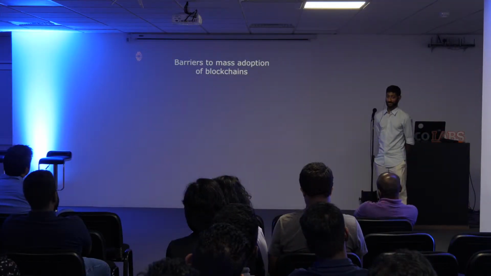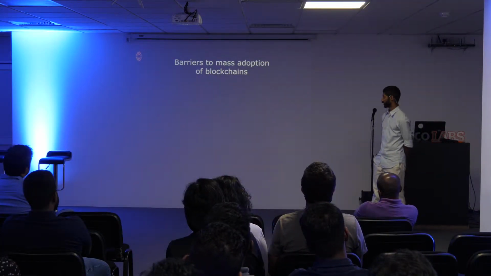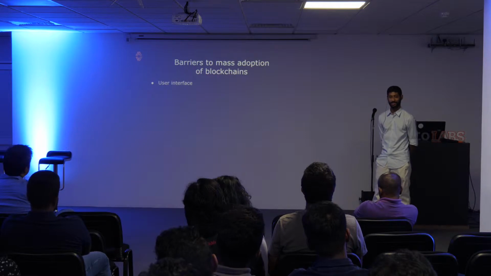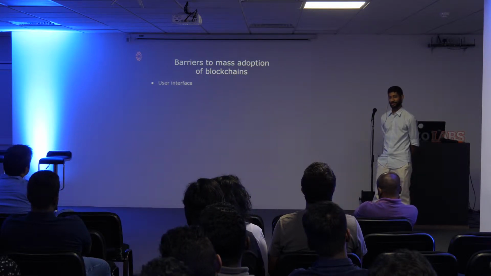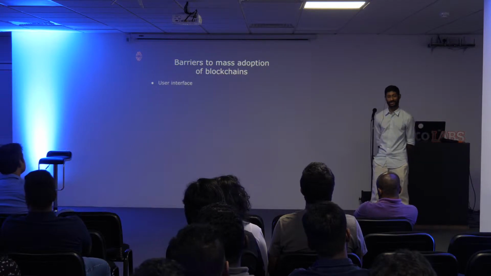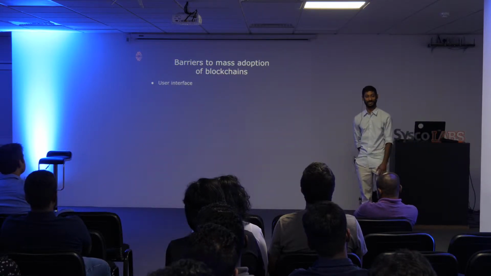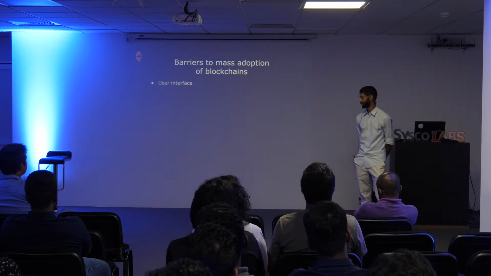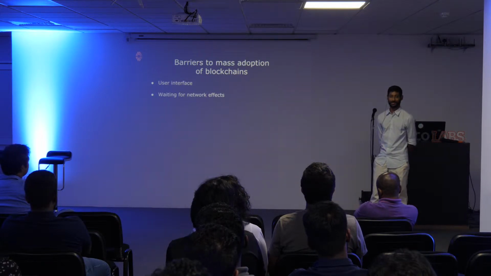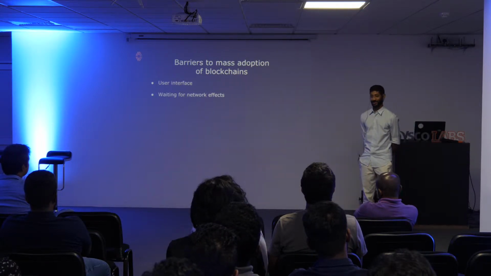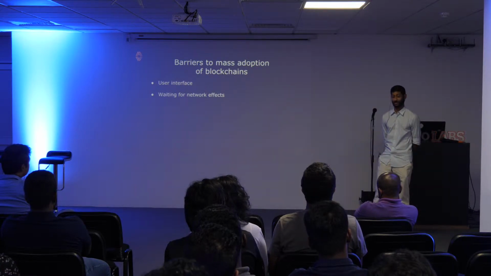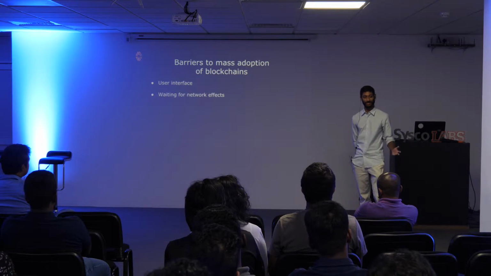Okay, so there are a lot of barriers to mass adoption of blockchains. Oracles are one of them, but let's zoom out. User interface is definitely an issue. A lot of times when you use blockchain-based applications, you get wallet addresses, and the average user will be like, what is this random string of hexadecimal figures? I don't know what to do with it, and they'll exit. There's waiting for network effects. Someone who's developing is choosing between a centralized platform and a decentralized blockchain, and they're like, well, there's millions more users on the centralized platform, so why would I take the risk of developing on a blockchain?